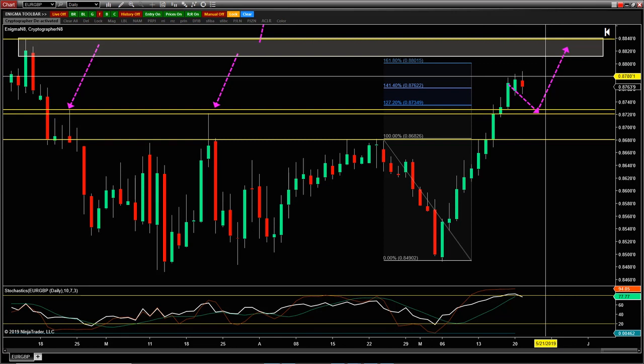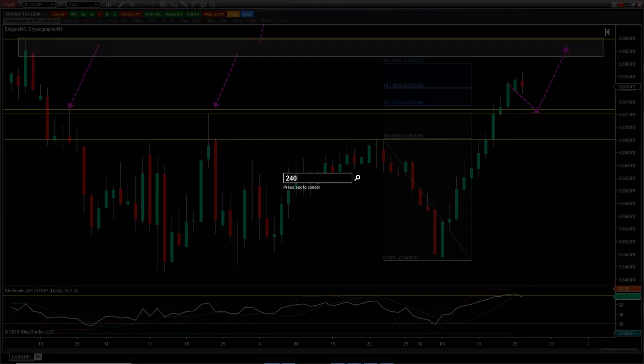I don't personally like when we fade off before those levels, but price can still go higher. So if you're a counter trend trader, I would wait for price action to get to that resistance level and look for a selling opportunity. If you're a trend continuation trader, I would wait for a little bit of relief and see if the market can make one more rally up into that 88.40 level here on the euro pound.